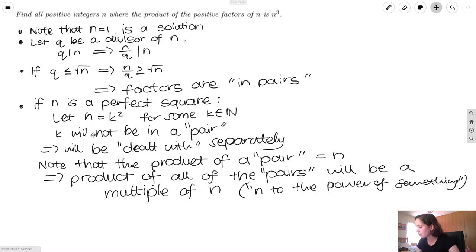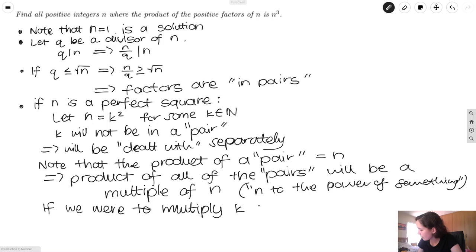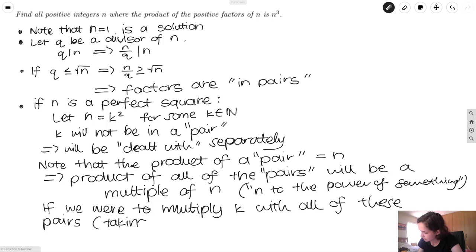So if we were to multiply k with all of these pairs, in other words, we're taking the product of the positive factors,